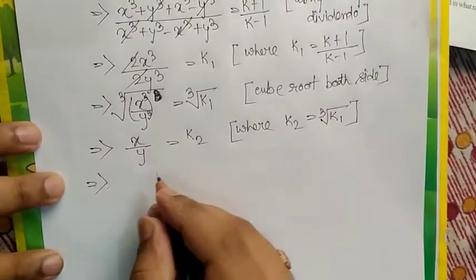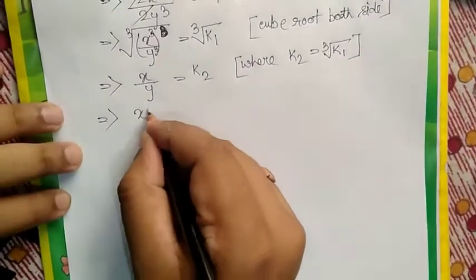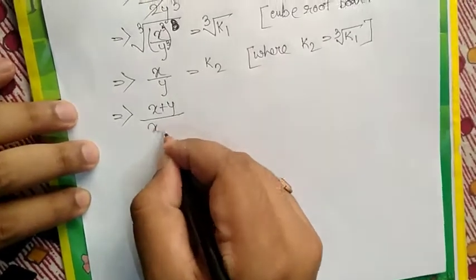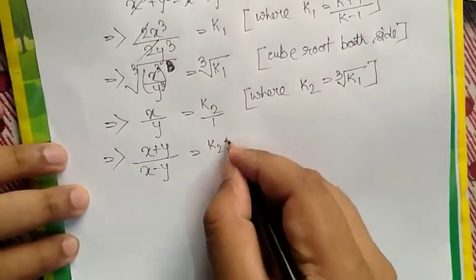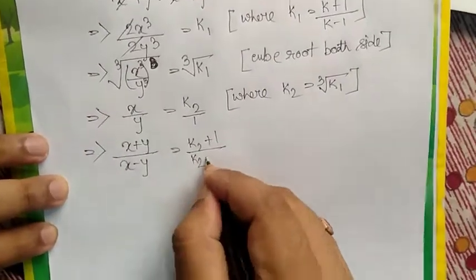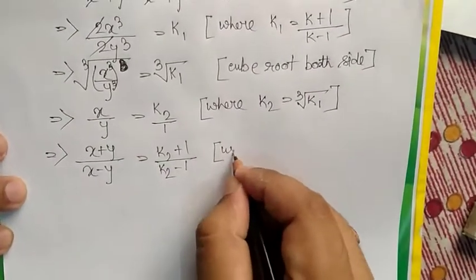Now here, using componendo dividendo one more time, we get x plus y by x minus y equals k2 plus 1 by k2 minus 1,